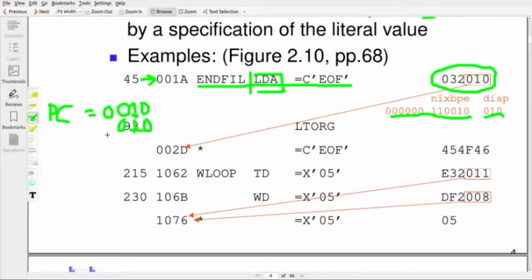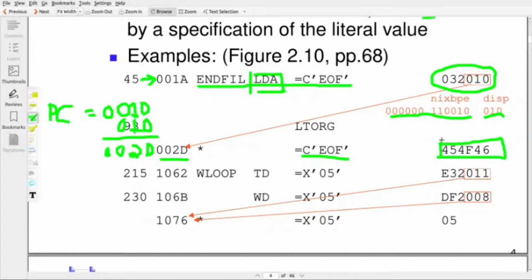Adding these two gives 002D. That is the memory location, and it contains the data value of the literal C'EOF', which is 45, 4F, 46. This is the way the assembler interprets literals.